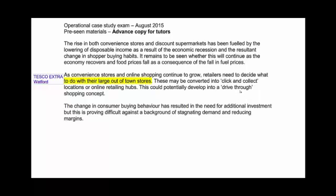I'll give you the link. I know that because of the nature of this video, you'll need to copy it down, but there's one in Hertfordshire that I'll show you. So I've added the Tesco Extra Baldock with a link to an article from a newspaper in 2010. So this isn't fantastically new in the UK, but certainly it could be new in Pickland, and these are useful examples, and we know that the examiner has said